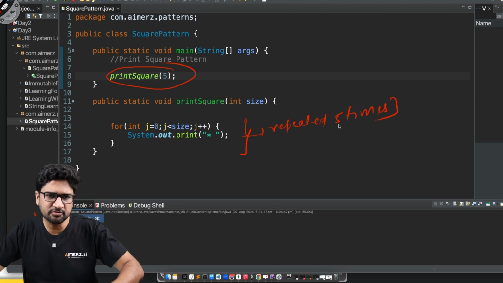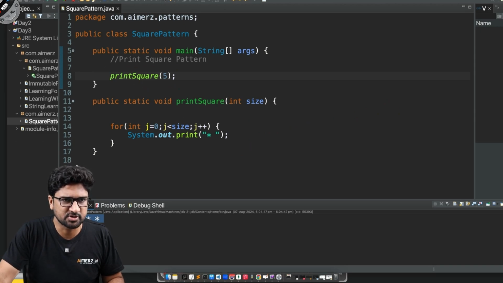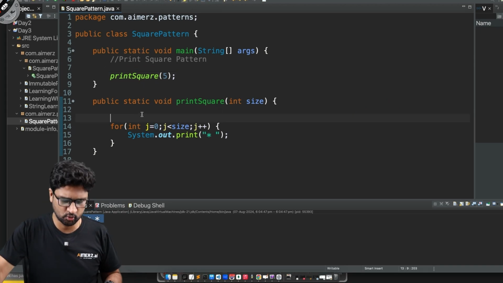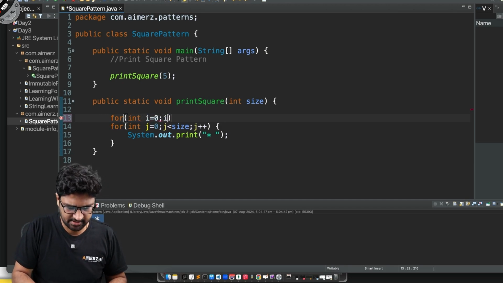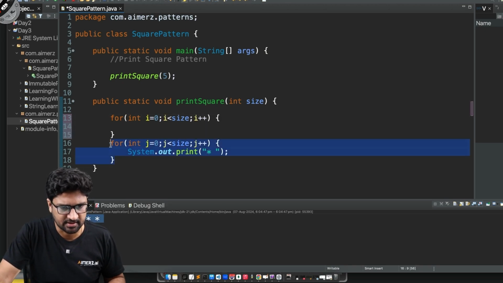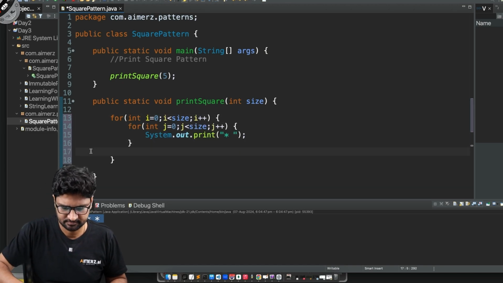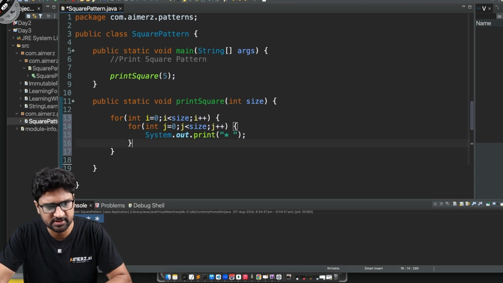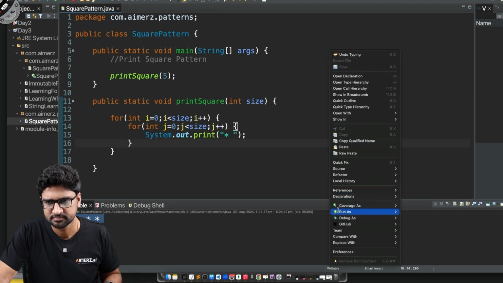What will I do? I'll wrap it inside another for loop, simple, right? So I wrap this code inside an outer for loop. I say for int i equals 0, i is less than size, i plus plus, and put this whole thing inside this for loop. And now this whole thing should be repeated 5 times. So if I save this now and run it,